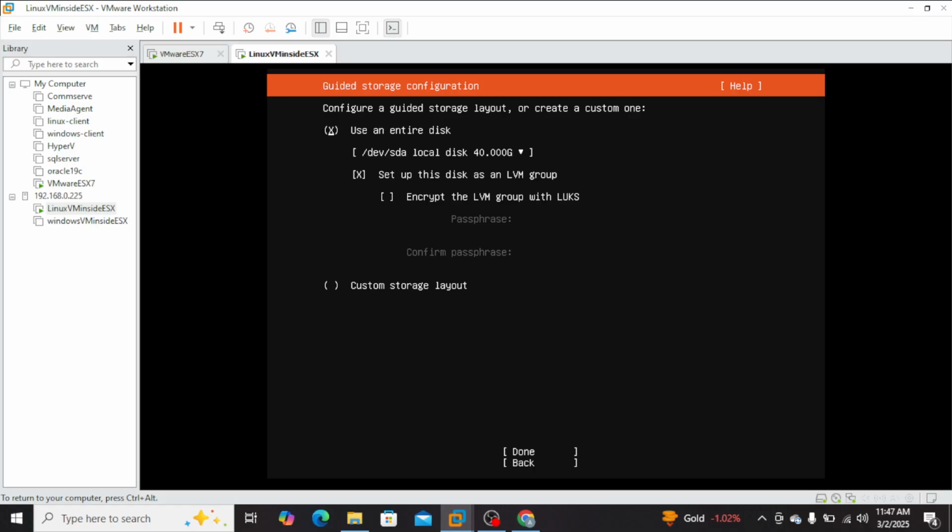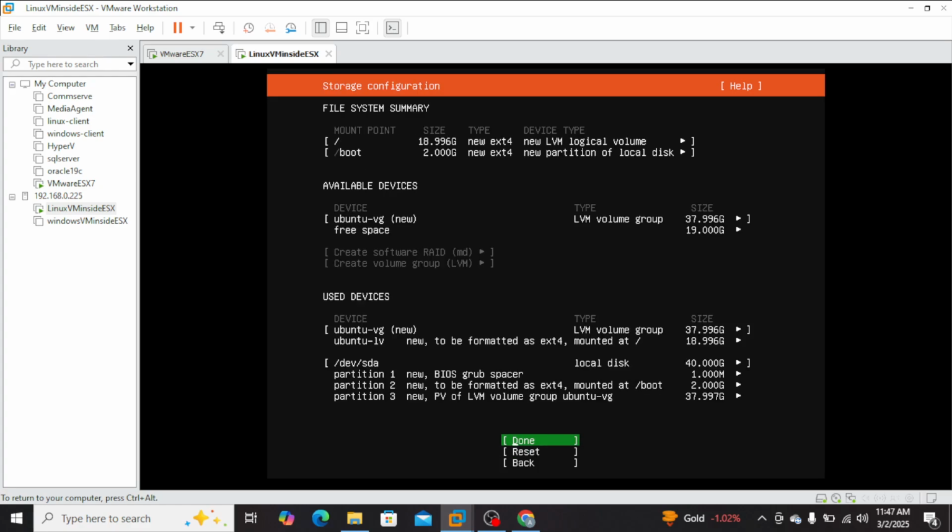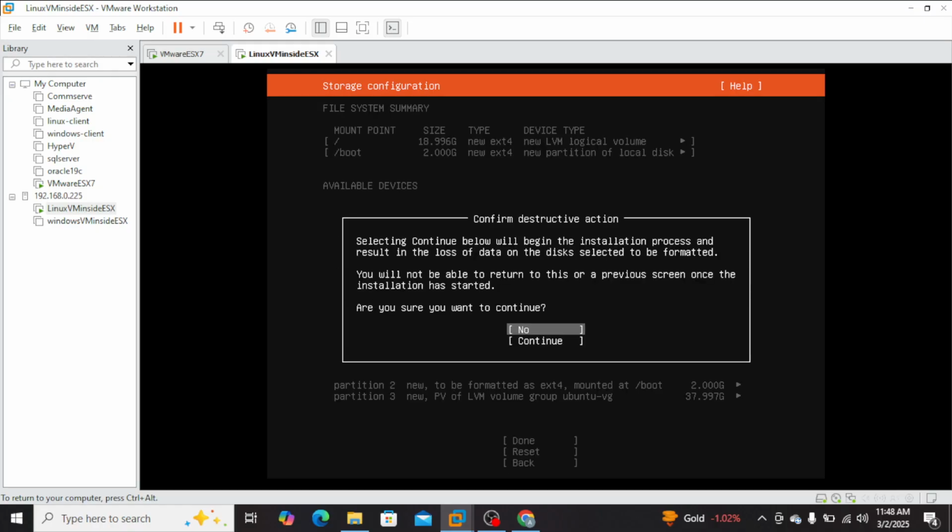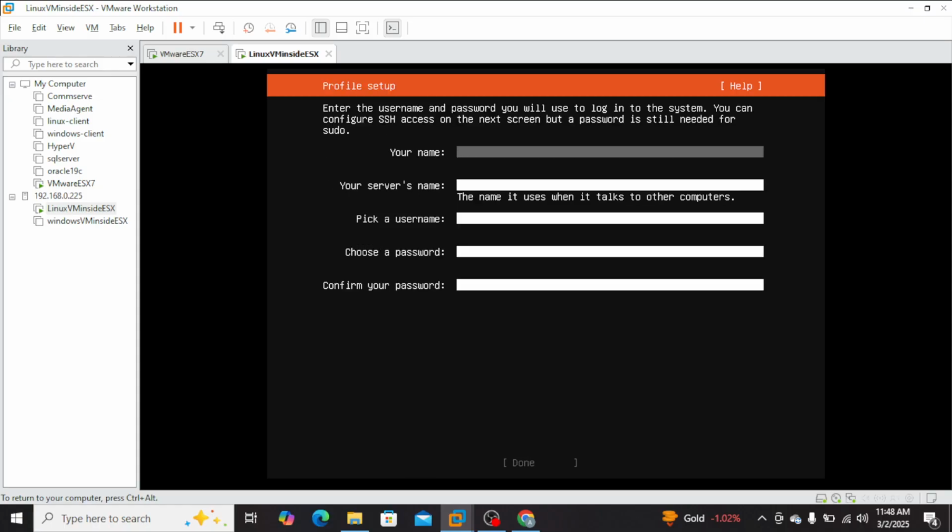And use the entire disk. That is what I want. Because your cursor is pointing to entire disk, use the tab key to bring it down to done. Okay, and now press enter on the keyboard. If you're okay with the existing partitions, you can go with done, or else if you want to change anything, you can also do that. So yeah, click on done now. Or if you want to continue, use the down arrow key, and click on continue,